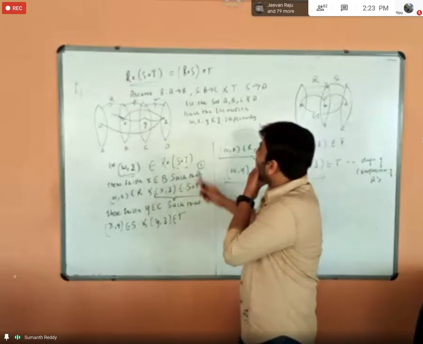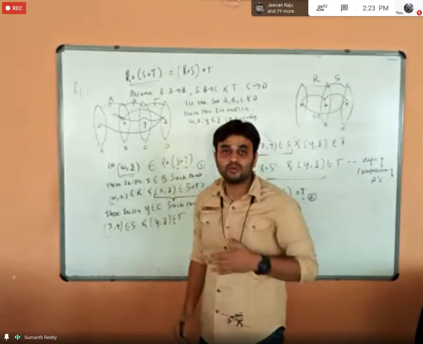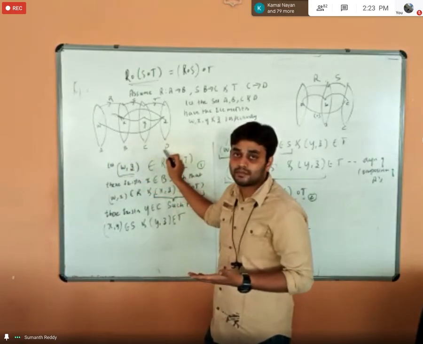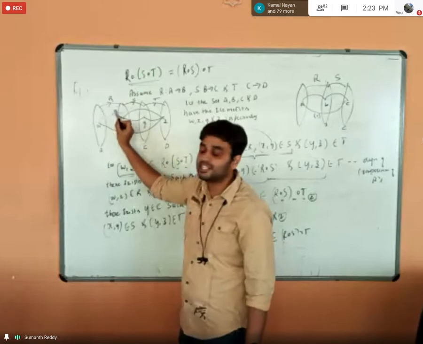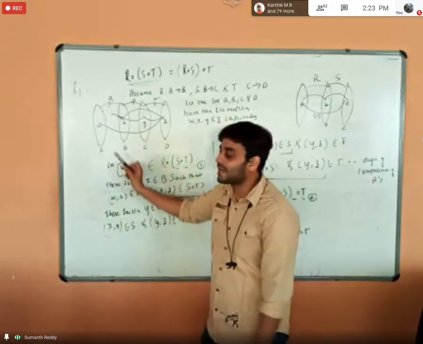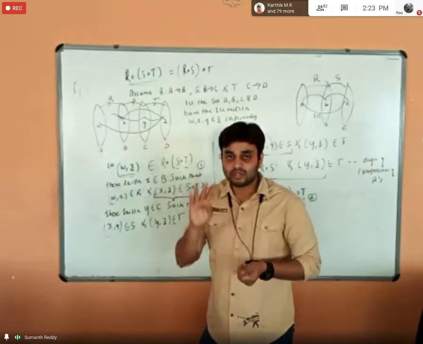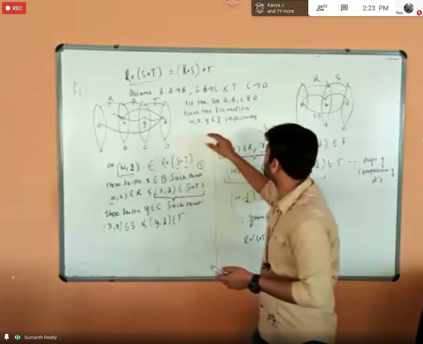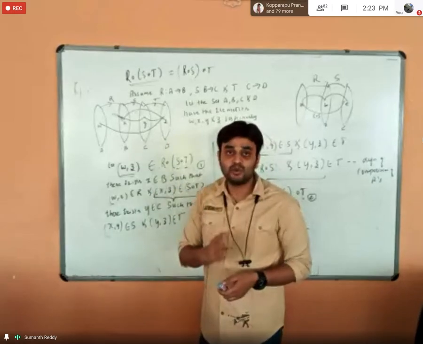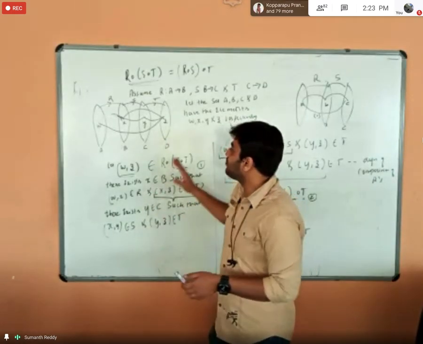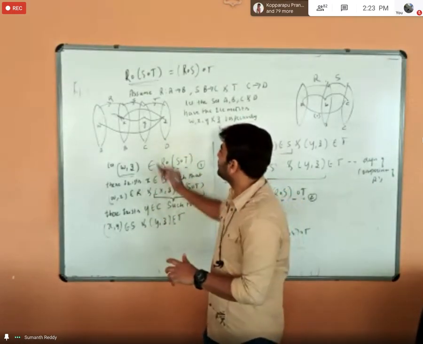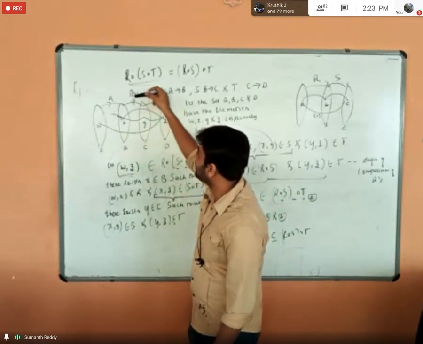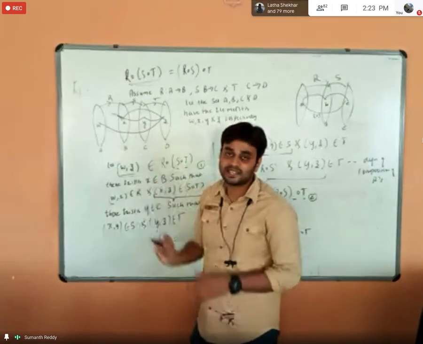So for this, since I have taken three relations and I have to use the arrow diagram for that, I have to include at least four sets, right? Because every relation will take at least two sets. So based on this, first I have assumed four sets, that is A, B, C, D, and I have just assumed those sets will contain the elements W, X, Y, Z. Okay. So based on these assumptions, I have written the diagram. This diagram will depict the relations and the sets and the elements inside that relation.